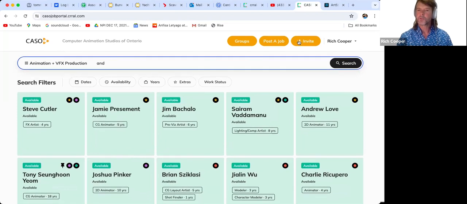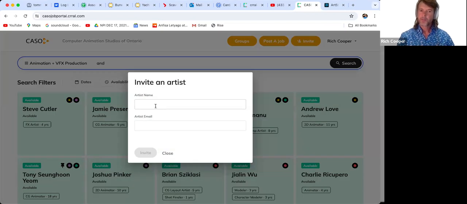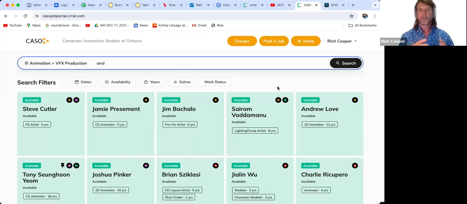Now, what do you do when you don't see the name come up? It's going to happen. That's fine. You have two things you can do. You can just click the invite button and put that person's name and email in, and then click invite, and the system will invite them. Or you can invite them through your work email. We already have a sample little invitation email written.